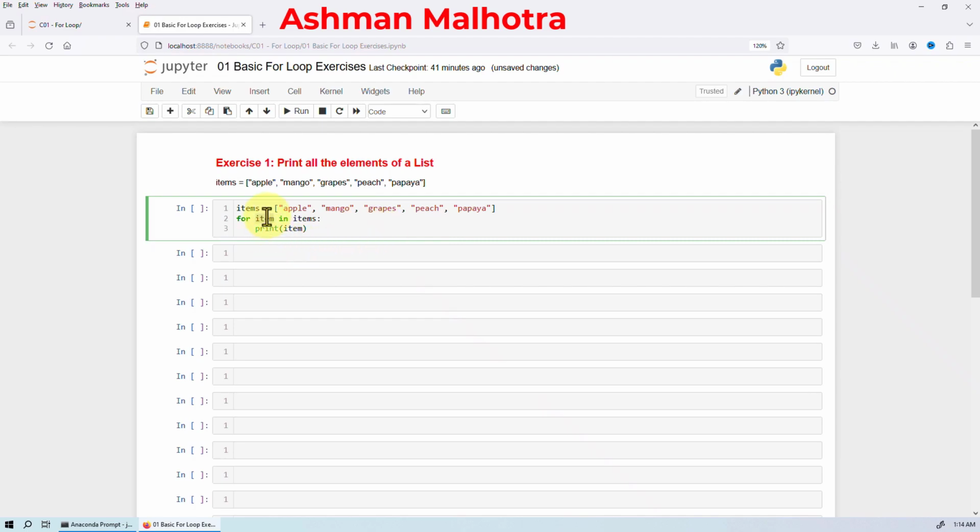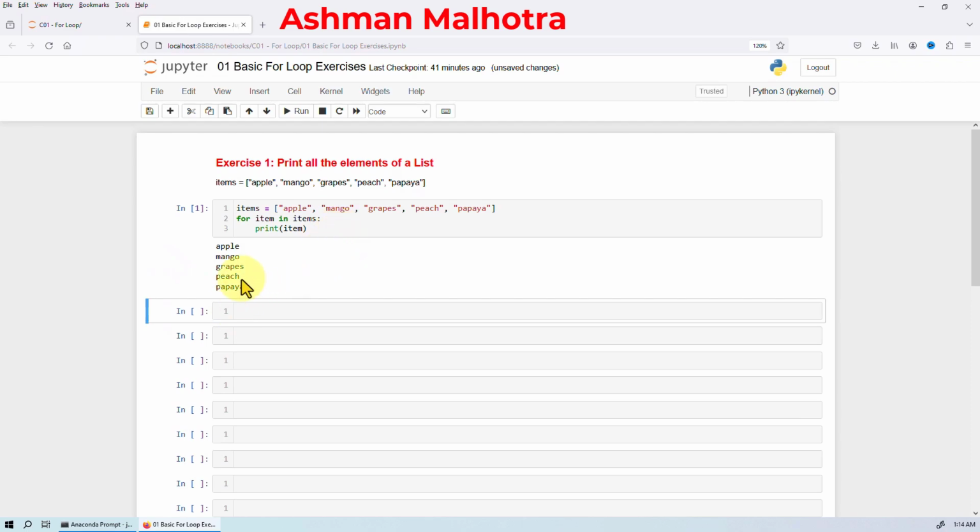It is not necessary that you should write item over here. You can assign any variable name. All the elements that are there in this list will be returned to this variable one by one, and this loop will execute until we complete this list. And whatever element is assigned to this variable, we can print it. Let us execute this code, and now you can see that it has printed all the elements of this list